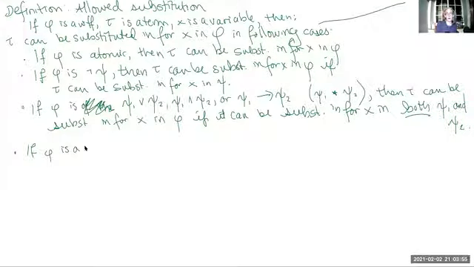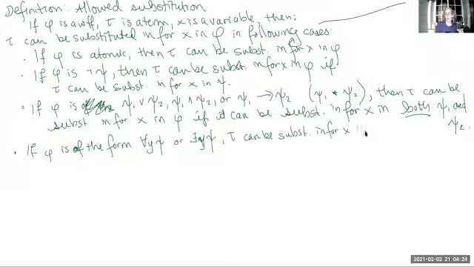So if phi is of the form for all y psi, or exists y psi, tau can be substituted in for x in phi if either, so there's two possibilities, either x does not occur freely in phi, or